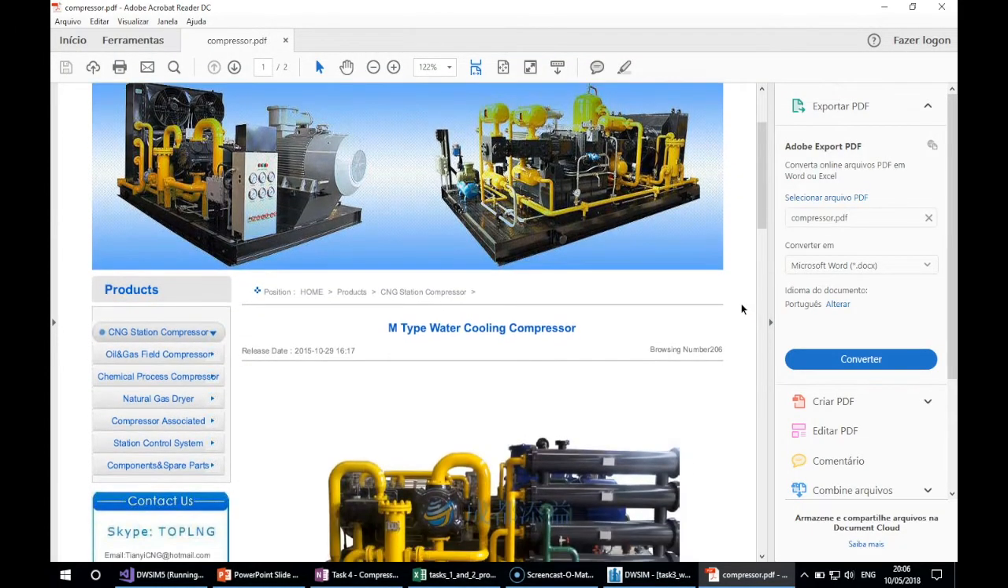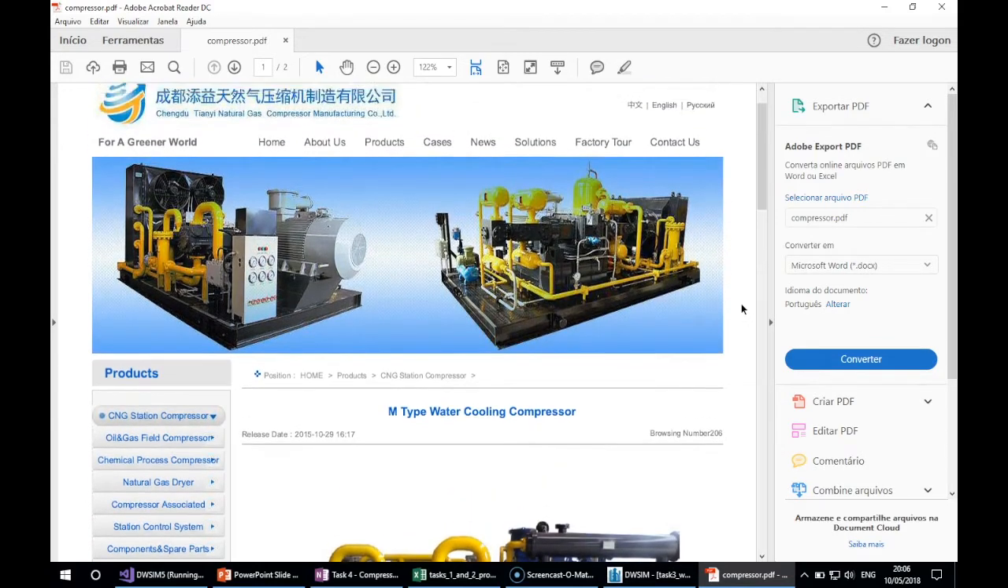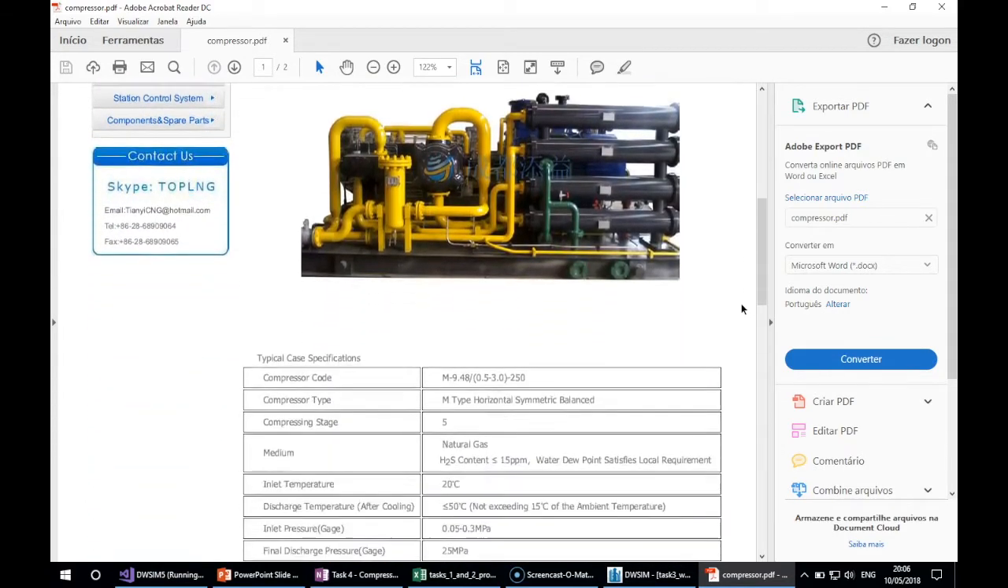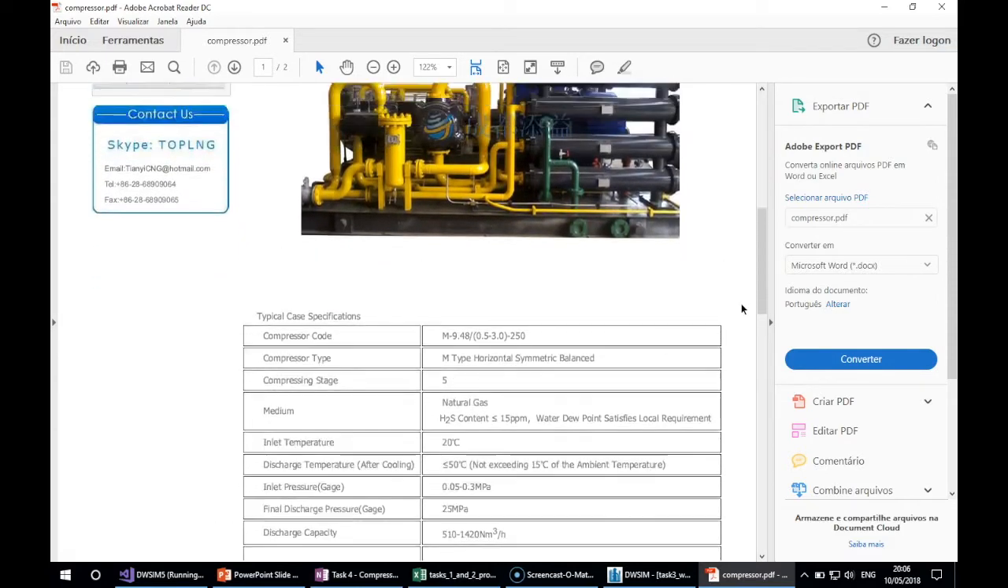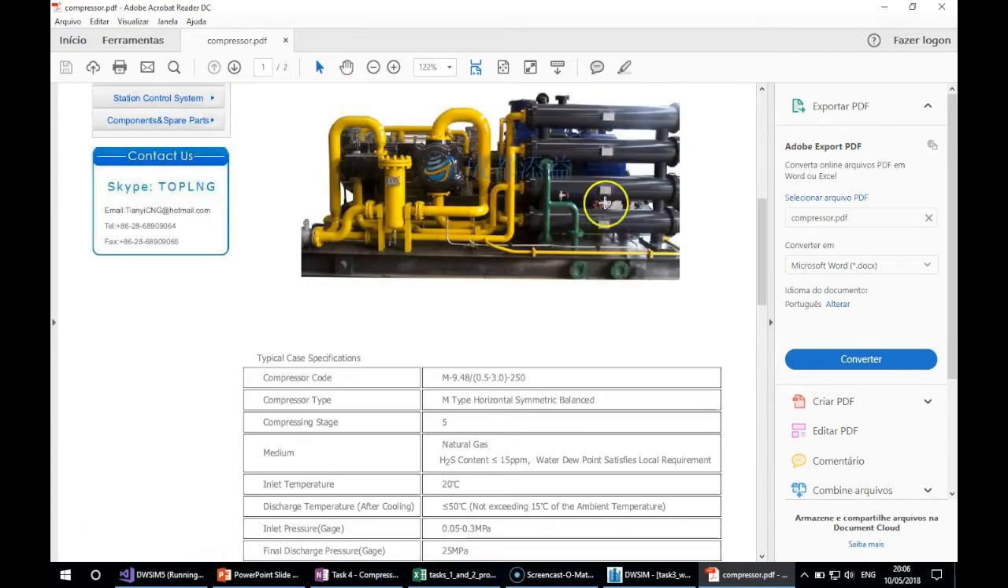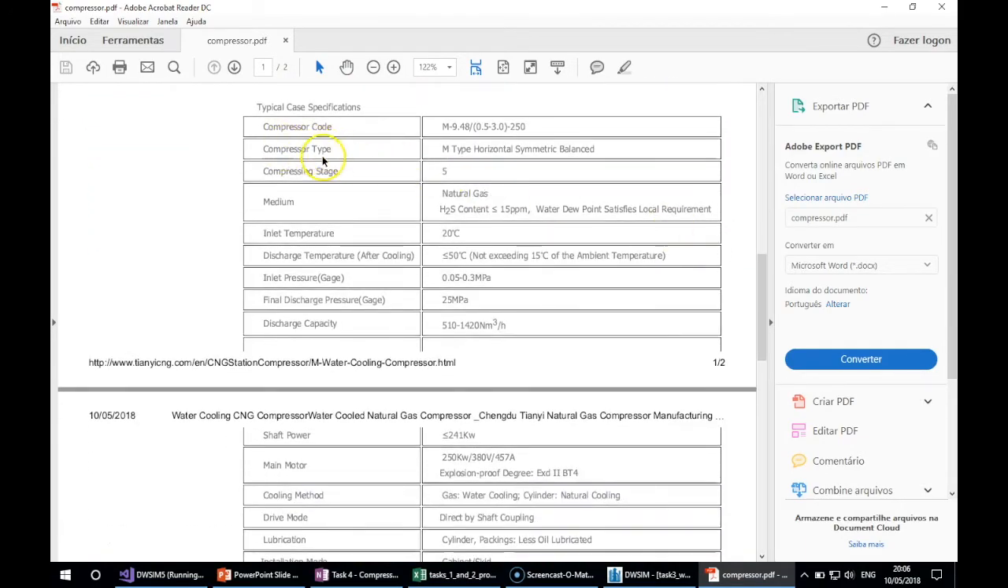Our next task is based on a natural gas compressor that I found on the internet on a vendor website. Here is a picture of it. It compresses natural gas. The inlet temperature should be 20 degrees and the discharge temperature after the water cooling should